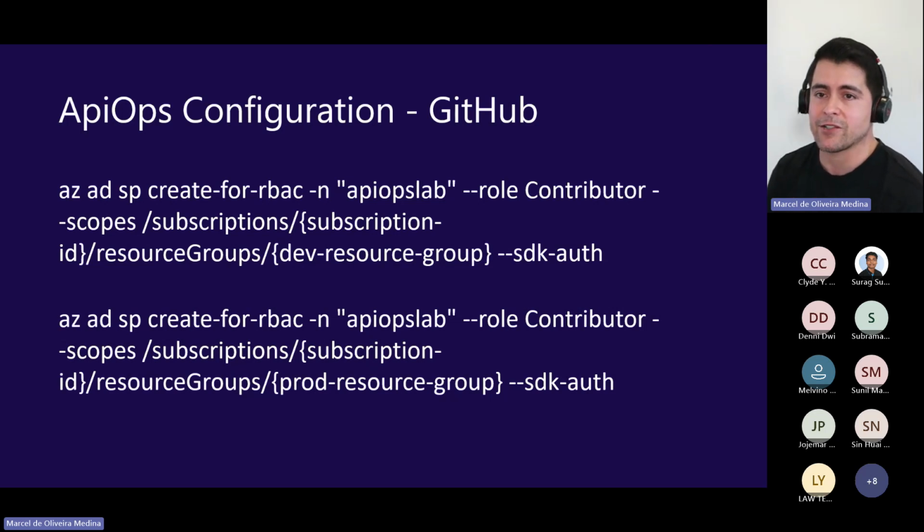Here I'm using the Azure CLI, and what it does is create this service principal, which is basically what's doing that. I add the service principal with the permission of a contributor under this subscription. I need to do that for every single subscription or resource group in here. I have my dev, and here I have my production. So exactly the same commands, just changing those resource groups that are going to store your API management.